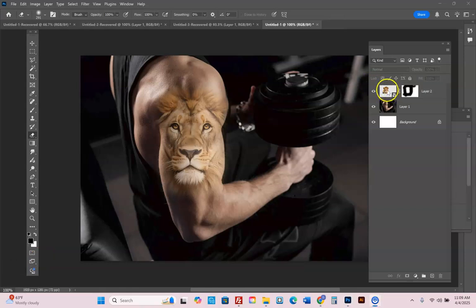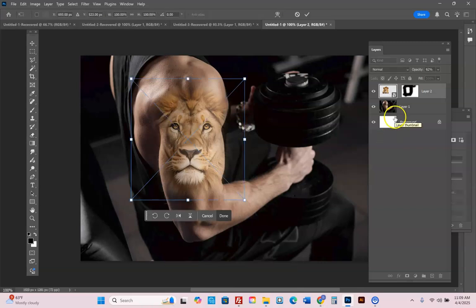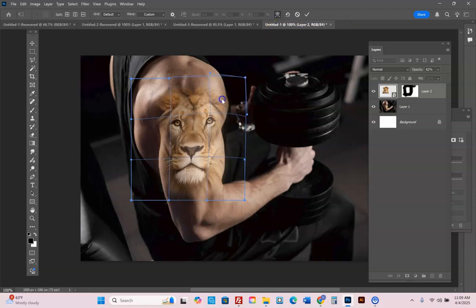One little cool trick I can show you to make it fit on the body is you hit Ctrl T on your mask layer rather. You're going to unlink the layer mask from the image itself. You're then going to hit Ctrl T and click on this mesh right here. When you click on this mesh, you can now pull it a little bit and make it fit other parts